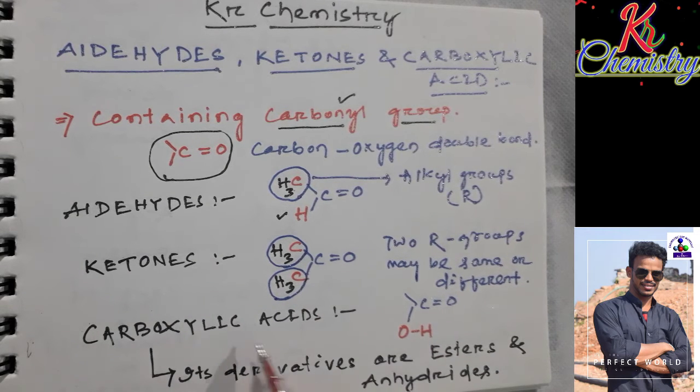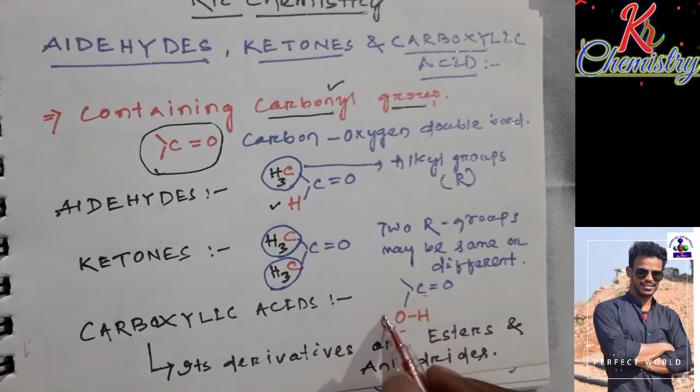In the case of carboxylic acids, the structure of a carboxylic acid is the carbon atom containing the carbonyl group and the other two sides, one side of the carbon atom contains